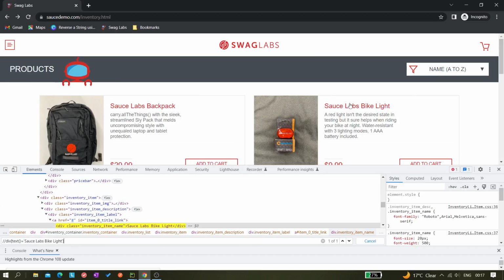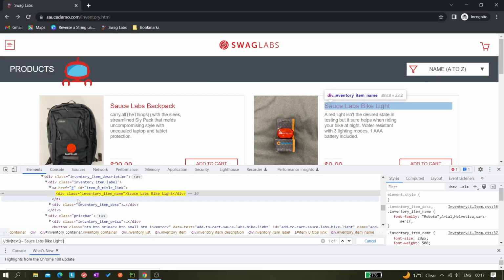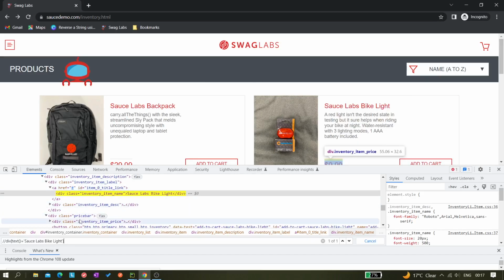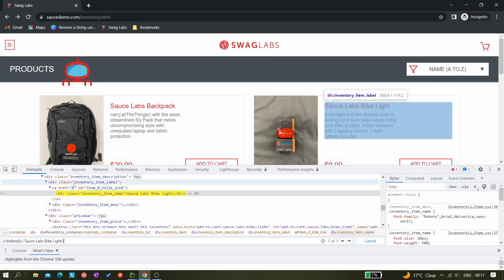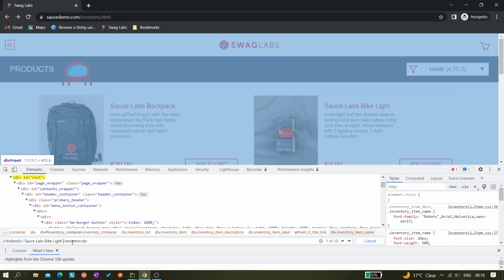Now we got this locator, but we have to reach here, right? This is coming under this, so we have to go to its ancestor, and